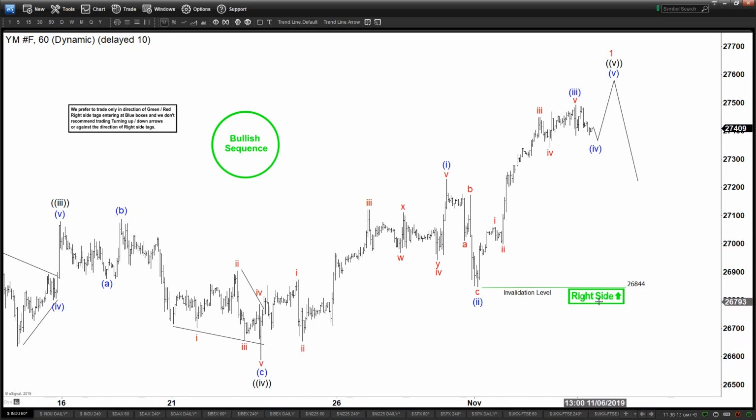So even though the right side is up, remember this is only for the last push. So in other words, it is kind of close right now. It is close to finish the move, and another leg higher potentially can end the entire rally, and then we can see some pullback. Now the sequence remains bullish though, even though we are just looking for another leg higher,